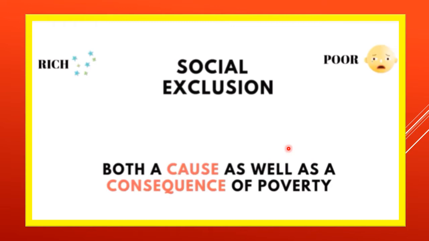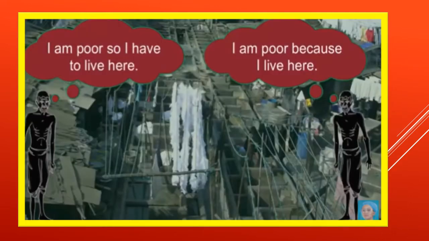You will see also in the villages, due to the caste system, you have seen the Brahmins, how they treat the Shudras. They are not allowed to live in the areas where the Brahmins live and are made to stay at the outskirts of the village. So you see, social exclusion is both a cause as well as the result of poverty. Consequence means result. A poor person may be forced to live in poor surroundings because he is poor, and also a person may be poor because he stays in poor surroundings where he has no means to improve his income